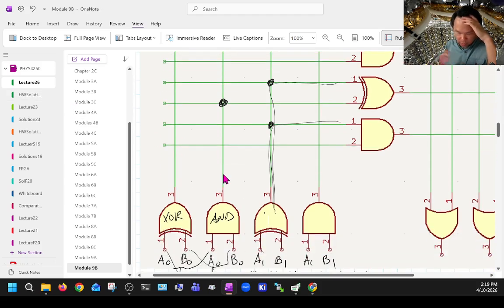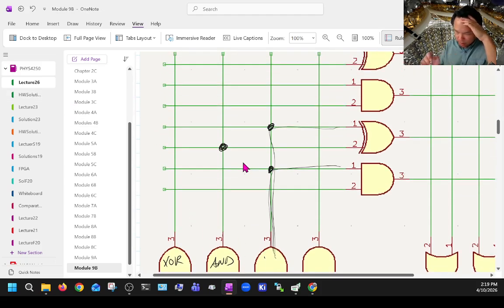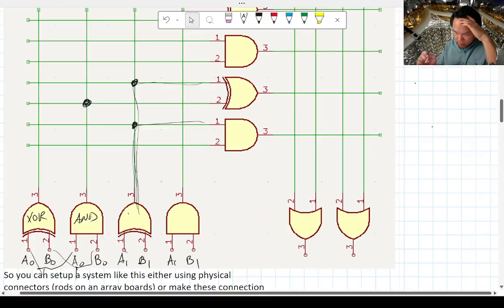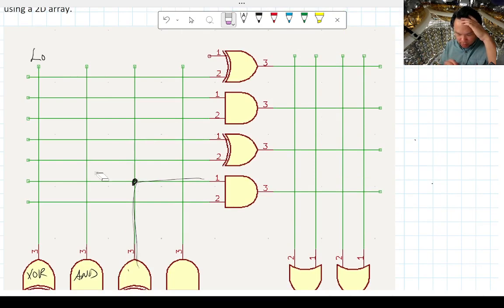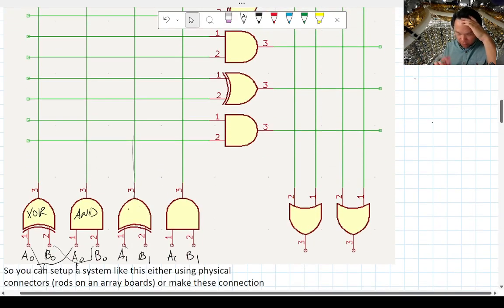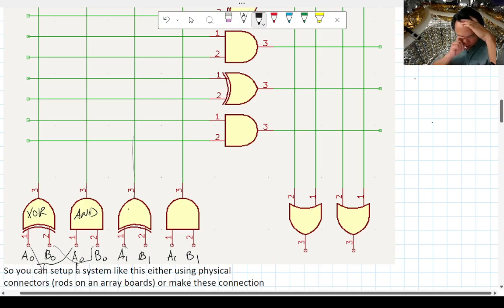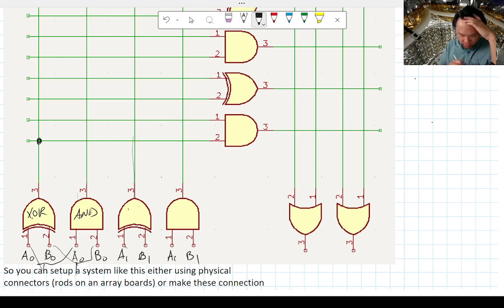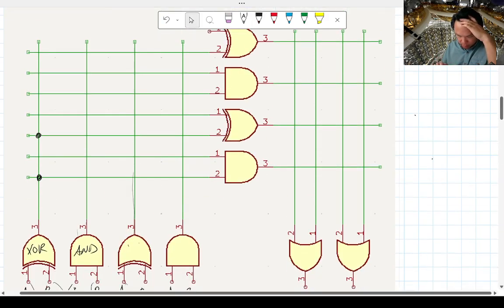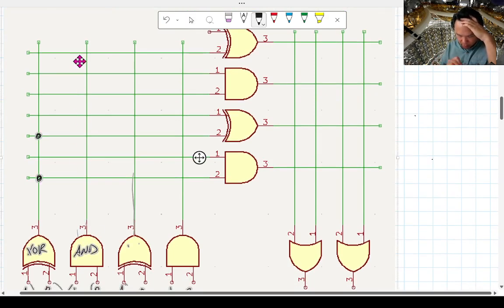All right. So, the cool thing about this is that, just like on the FPGA, if we want to change the connection, all you gotta do is erase these connections and start over again. Okay, so this first XOR gate does not go to the output. I think I was thinking about the half adder. So the first time you see an AND gate, I'm going to make that connection, and then I'm also going to make the connection to the XOR. Okay, and the AND gate, right? Yeah, come up here, right? It's actually making a connection